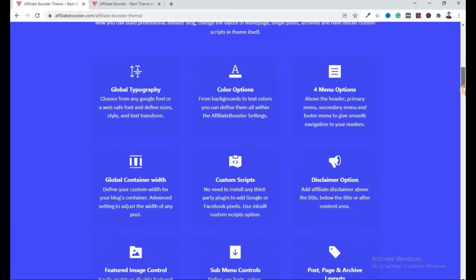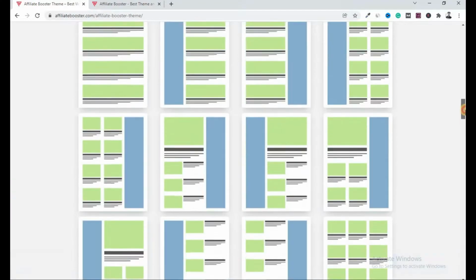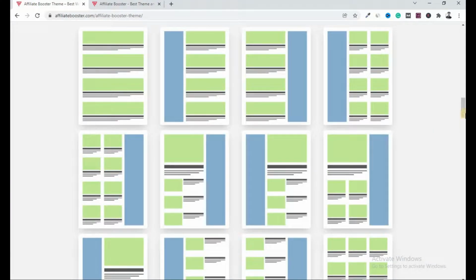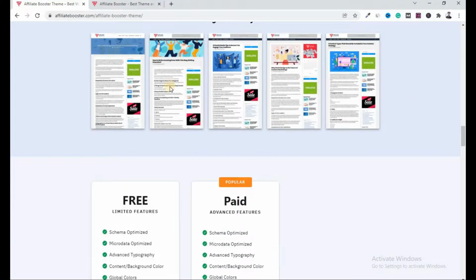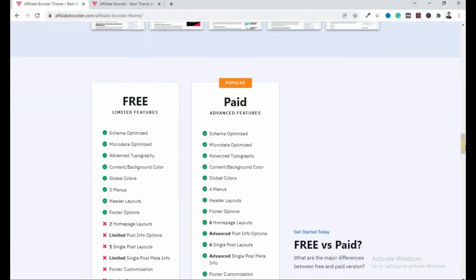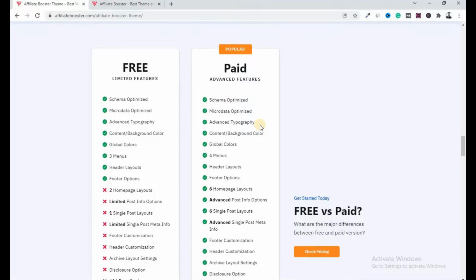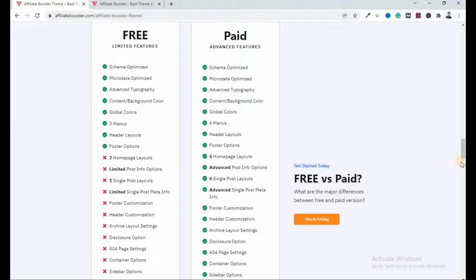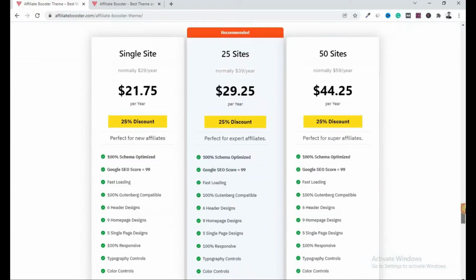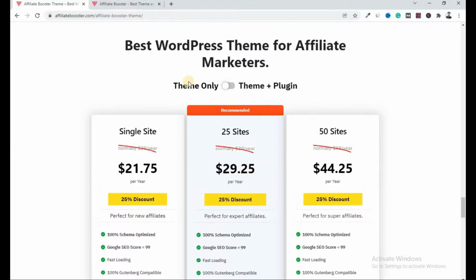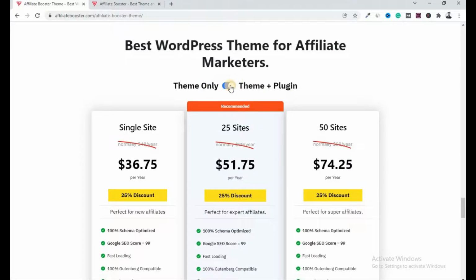You will get the section of pricing. As you can see, there are multiple layouts of themes and multiple layouts of single post, and here also you are going to get free features and paid features. For sure the free ones are limited. If you want a theme only, then here is the pricing, and if you want theme plus plugin, then the same pricing is over here.